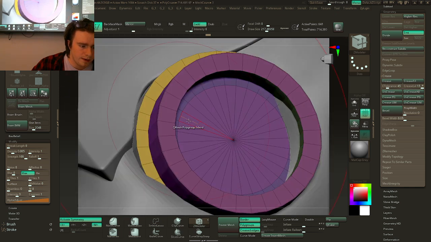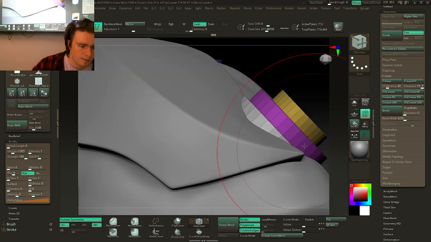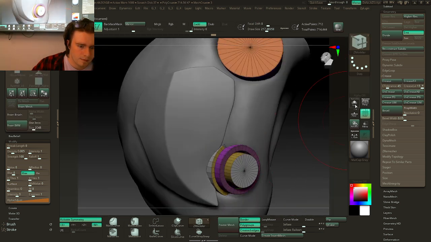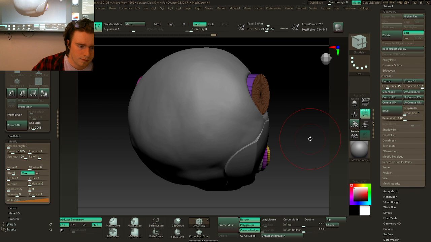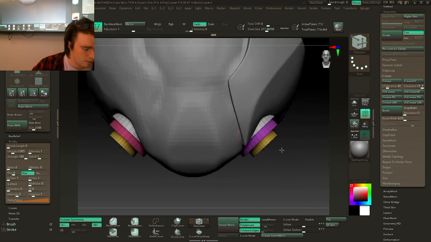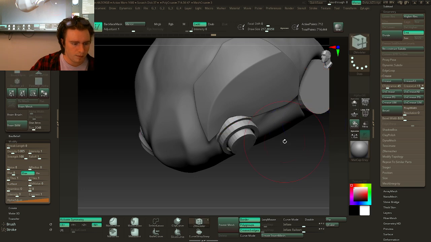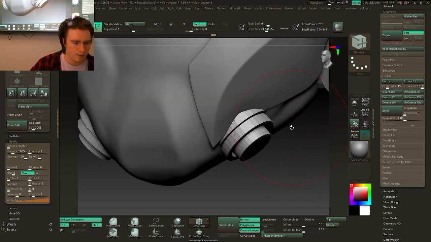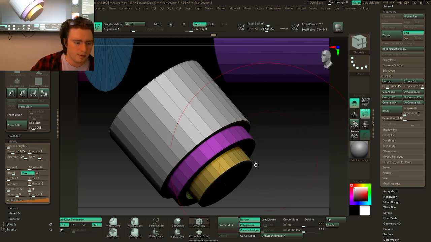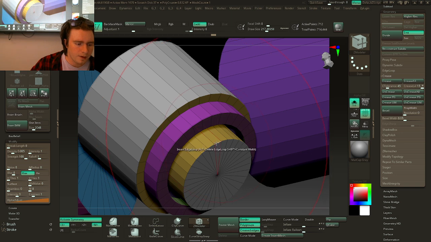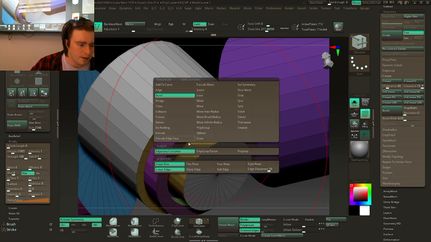QMesh, polygroup island, bring that out. In this case, you'll then go to here, edge loop complete. On the bevel,